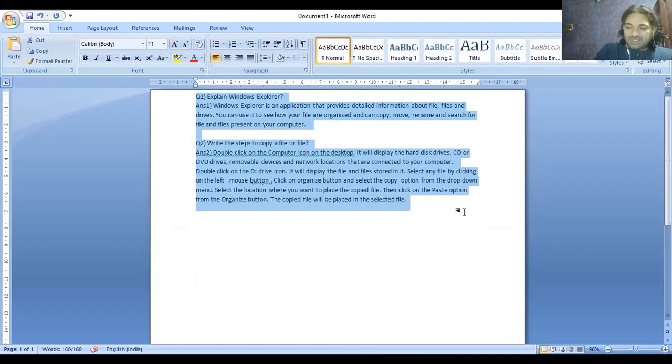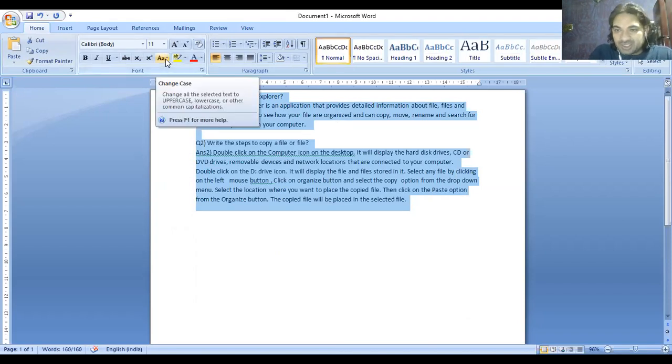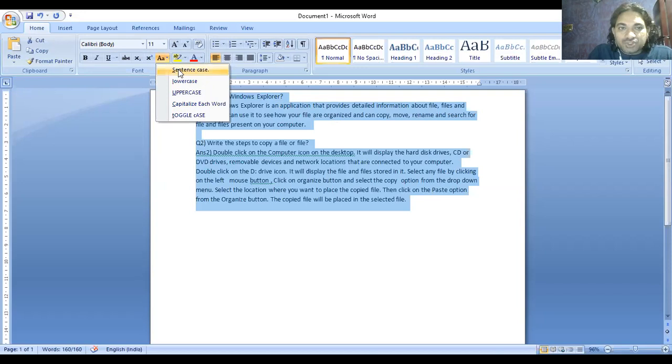Now the next step is formatting the text. When you click on formatting text, you can go with the option called change case. There are four patterns in this also. First one, sentence case. Right now the format on your screen is sentence case only. Second one is lowercase.